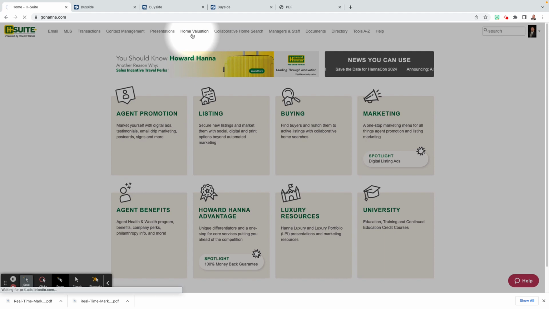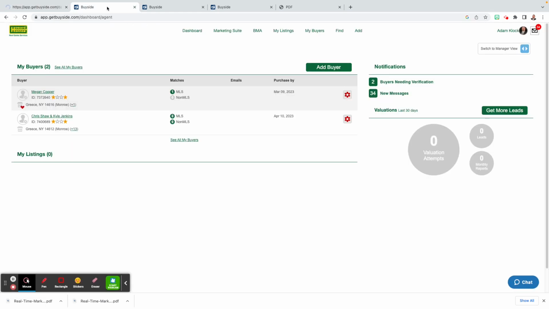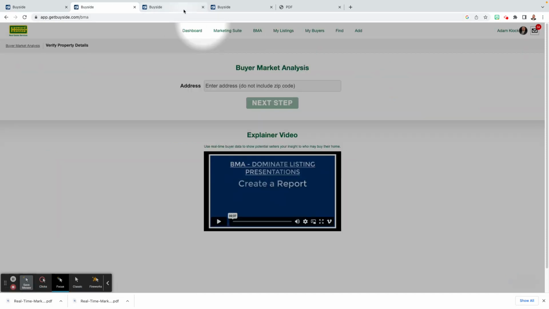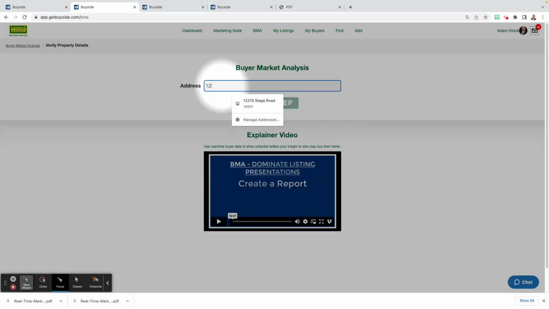By clicking Home Valuation, it's going to take us into your dashboard, formerly known as Buyside, and it'll look something like this. All right, so for this, you can ignore the stuff at the bottom for the purposes of this tutorial. And I'm going to have you go up here to where it says BMA and click the BMA button. When you do that, it's going to pop up here with your buyer market analysis. So this is where you put your subject property in. So for today's example, we'll use 125 Brook Street,